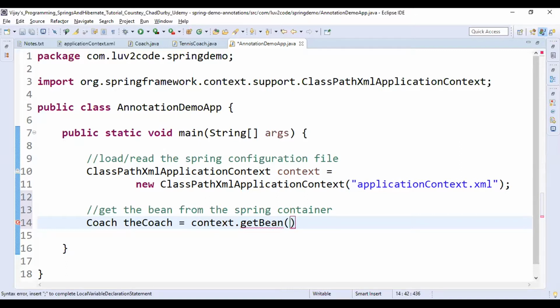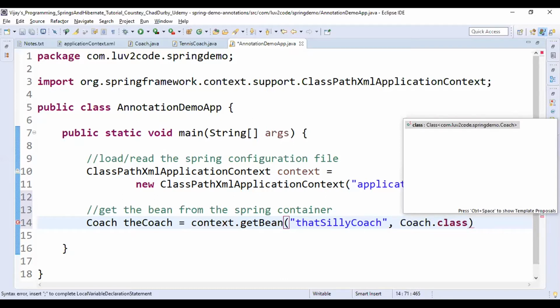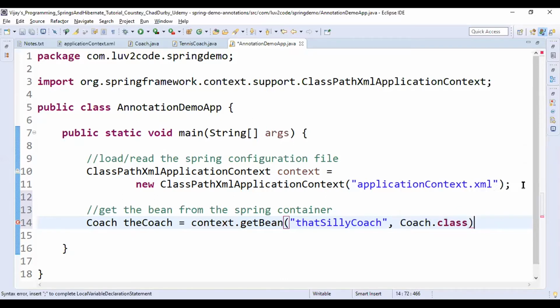For this method, we are supplying two arguments. First one, the bean ID, that is thatSillyCoach. By using comma as a separator, we are supplying another argument, that is the interface name, Coach.class, ending it with a semicolon.